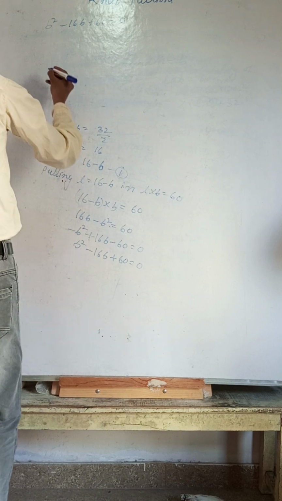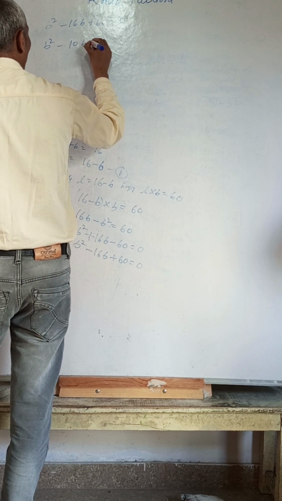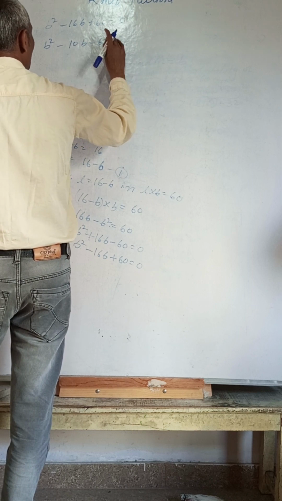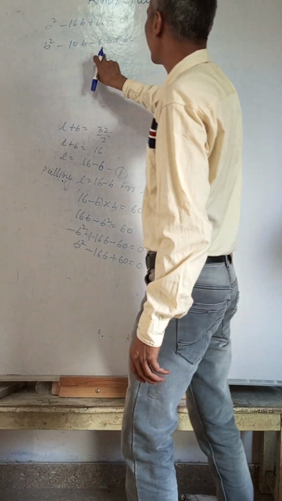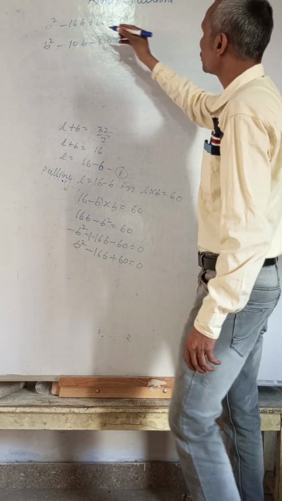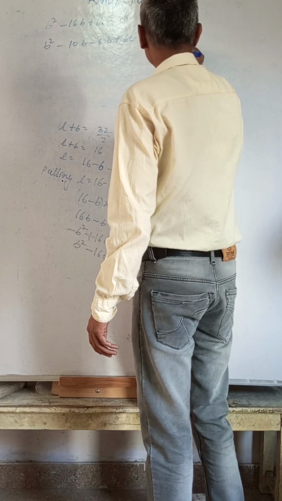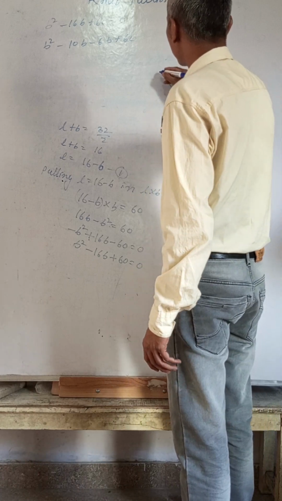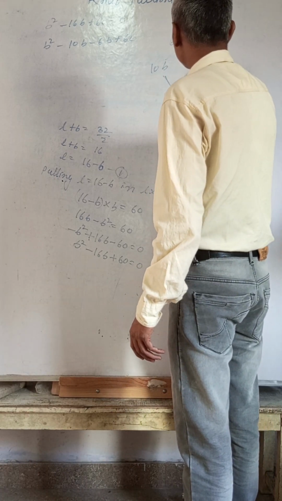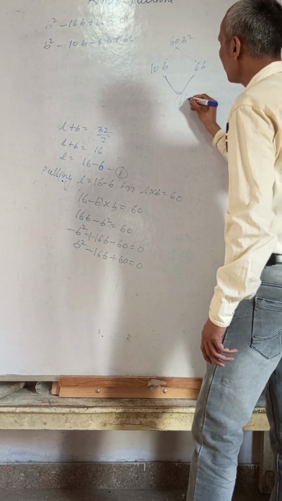Okay, we are doing the splitting method. So b square minus 10b minus 6b plus 60. If you did not understand how I wrote it, it is written like this. These are multiplied like this, so here it is written 60b square. We are breaking it into two parts, so that becomes 10b and 6b. If we add them, it becomes 16b.